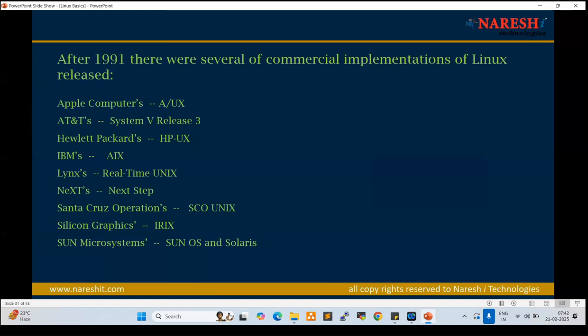Processor, Intel. Storage, Seagate. The brand is Dell or HP or Lenovo, but inside the laptop we are using an Intel processor and Seagate storage. In the same way, every company took the Linux kernel and designed their own flavor. Understanding, right, everyone?